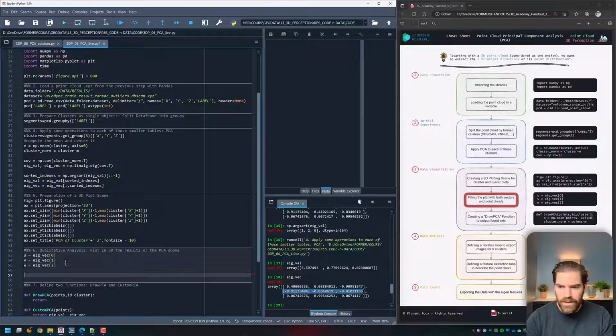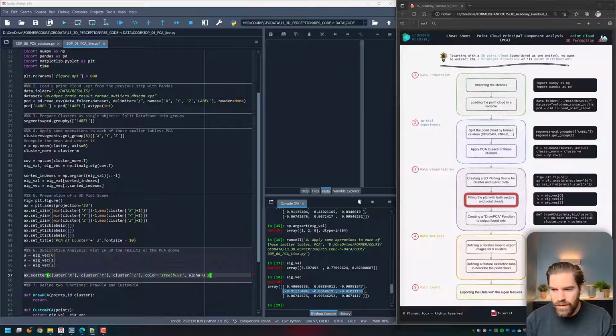Very good. And now we'll make first the scatter plot and then the vector. And that's why I played with the axis and plot just one figure, because everything will be plotted on the same graph, which is very important. So for the scatter plot, ax.scatter, and cluster x, cluster y, cluster z, that's why it's very handy to have the panda data frame, and I give it a color of steel blue, which I like, and an alpha of 0.2. And for the quiver,